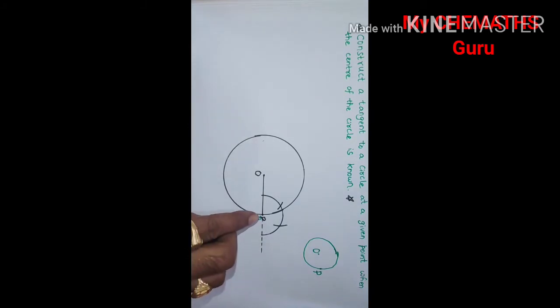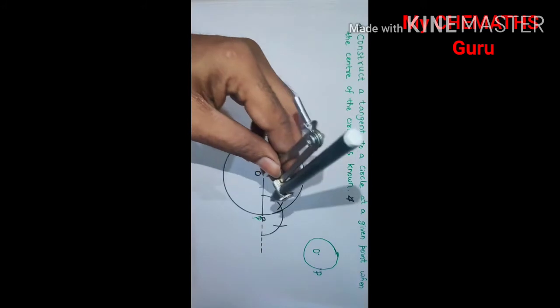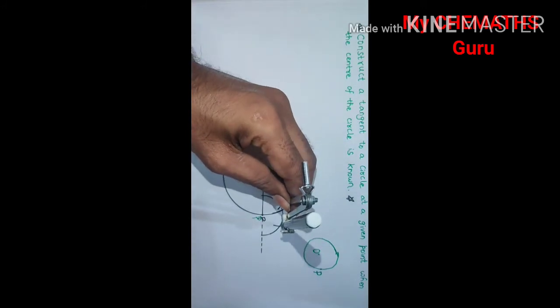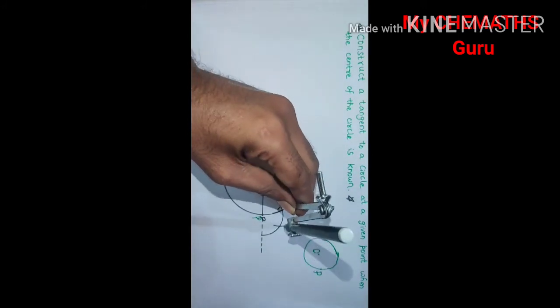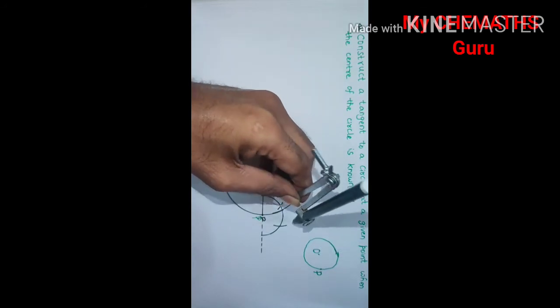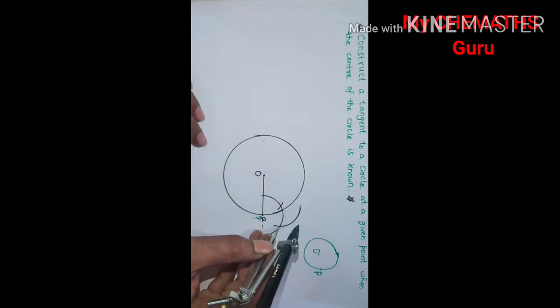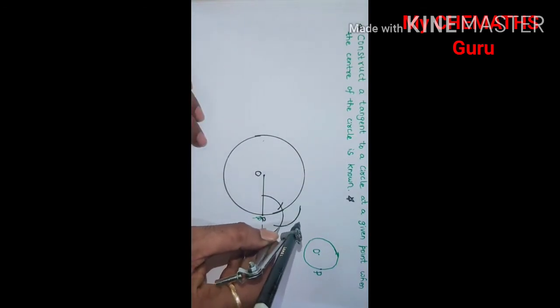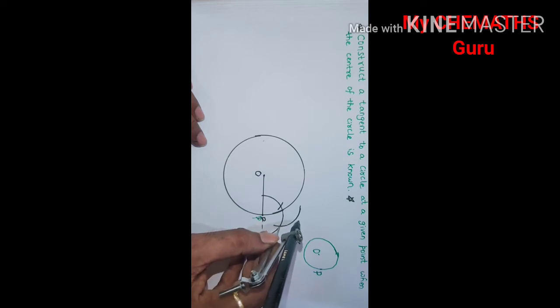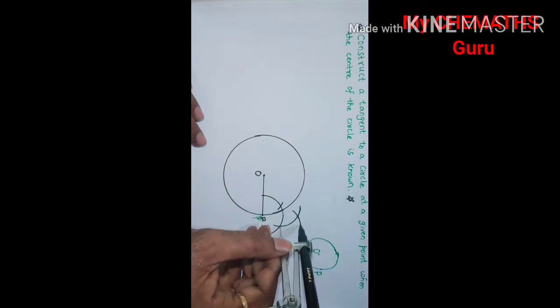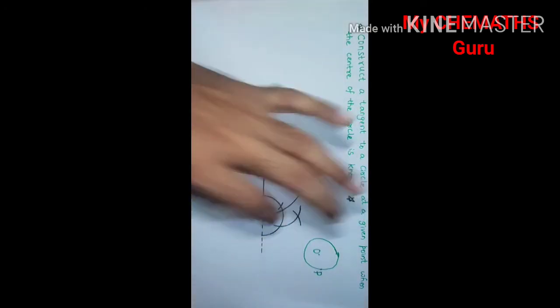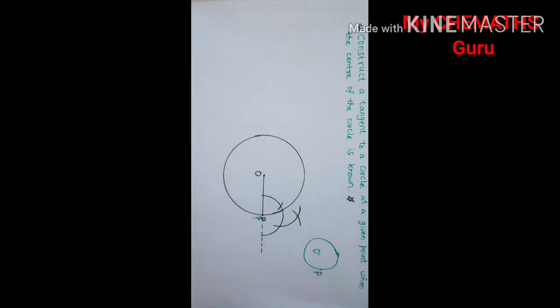But what angle do we want at P? We want 90 degrees at point P. For that, you measure the distance between these two. Of course, it will be the same. You draw two more arcs. You draw one arc on the other side and another arc with this point as center, and cut the previous arc. Now we got one intersecting point here, one intersecting point there.